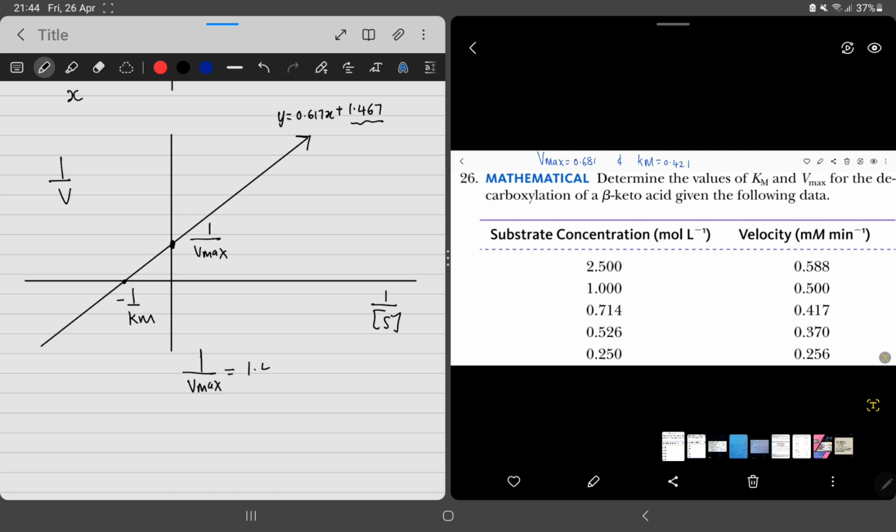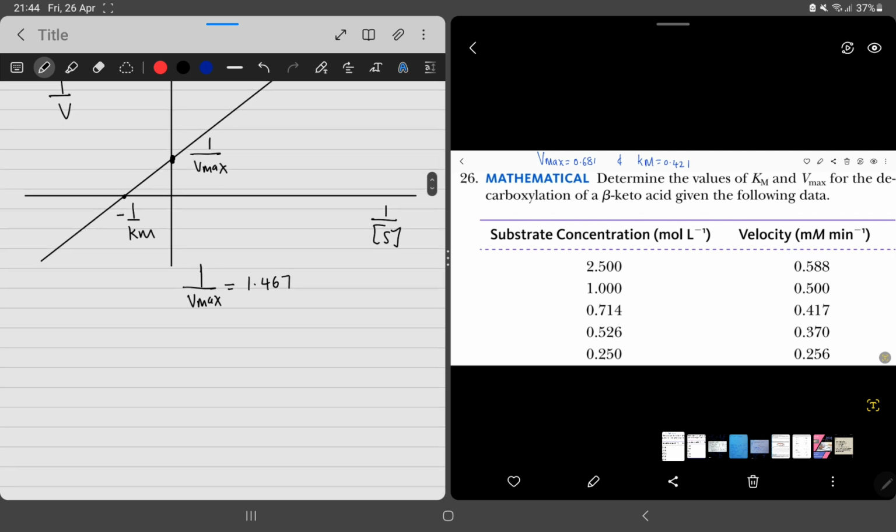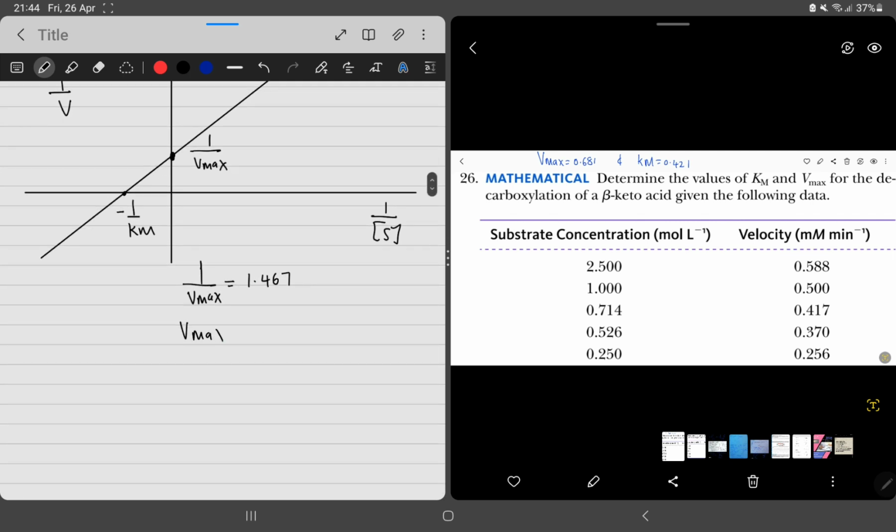So this is 1.467. So the Vmax value is just going to be 1.467 to the exponent of -1. This gives me 0.682. And then the units are,